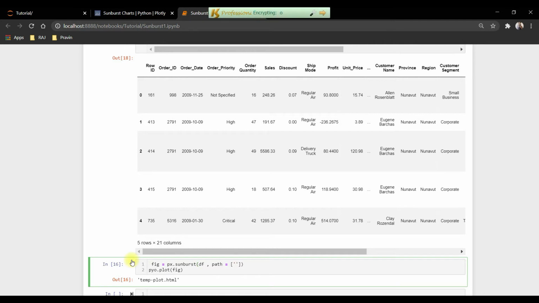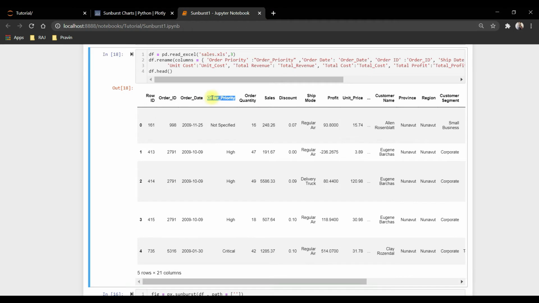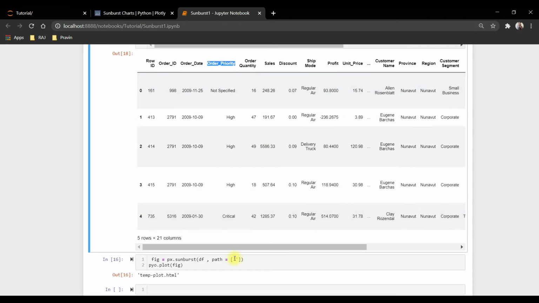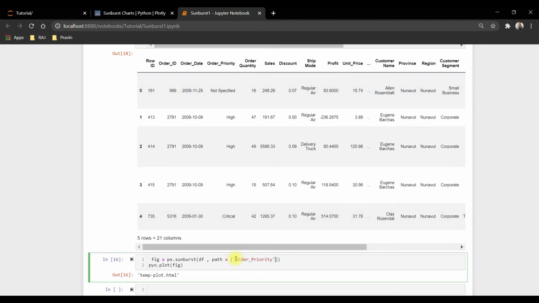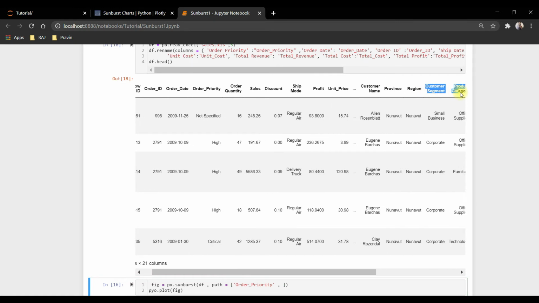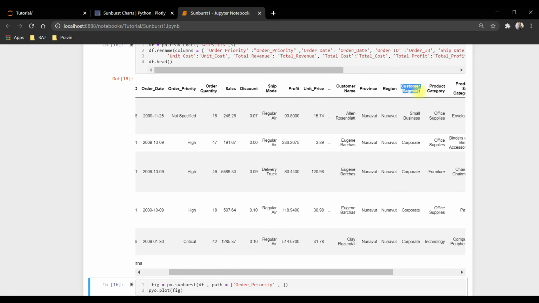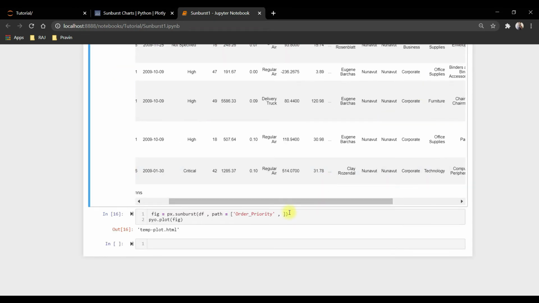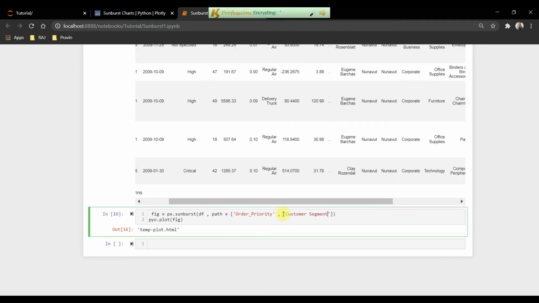First we want the order priority. Order priority will be the first column on which the data is to be split, then customer segment. Then it should divide the data on customer segment, and then on the shipping mode, ship mode.